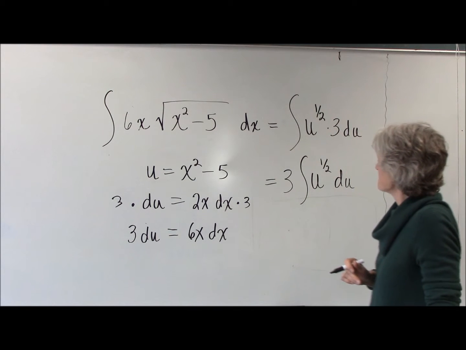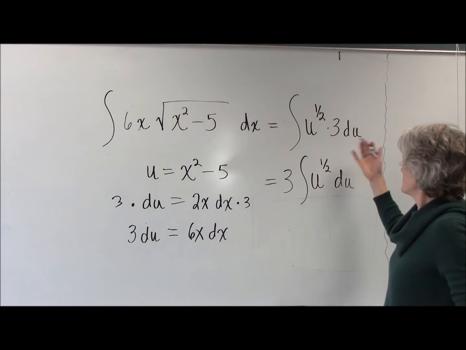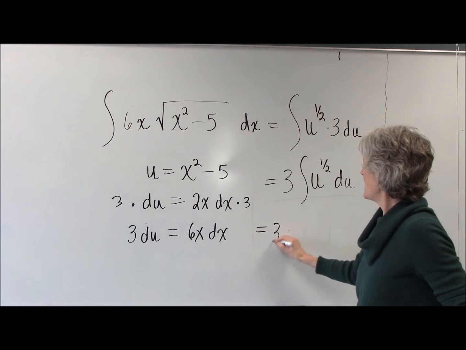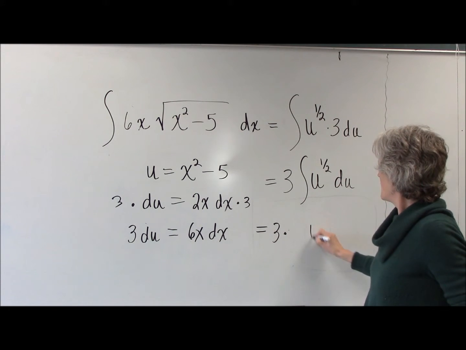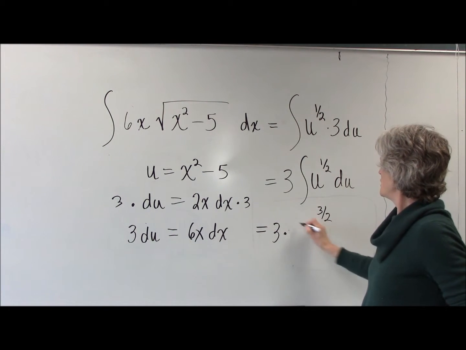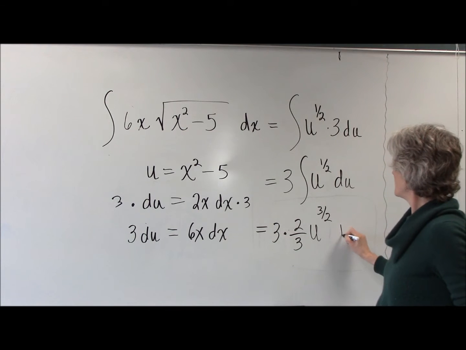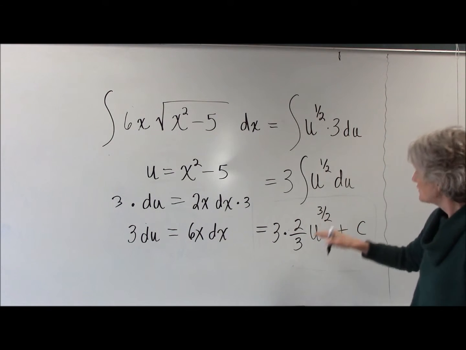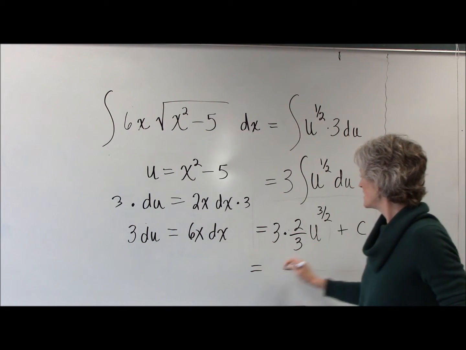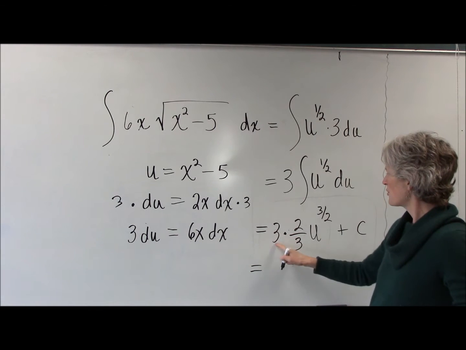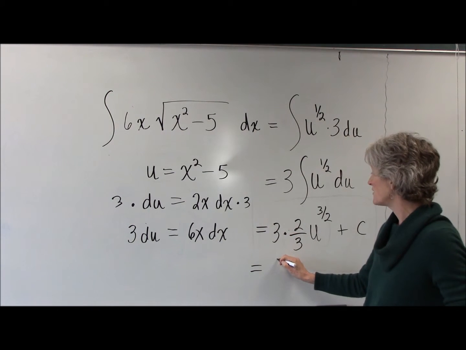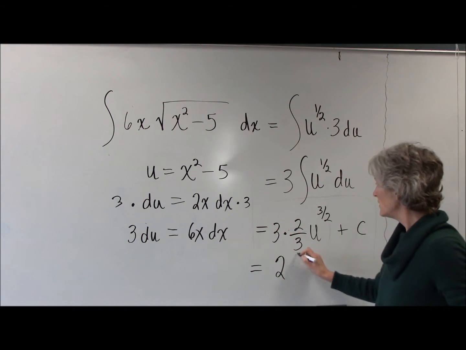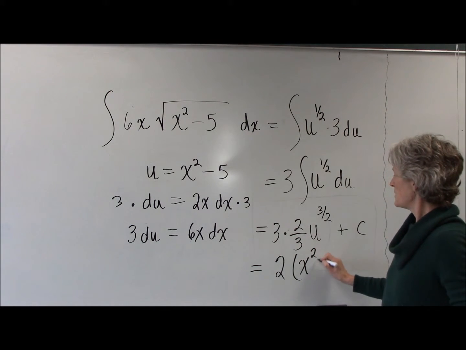And then add 1, divide. There you go. So 3 is hanging out, times, boom, boom, boom, just as we did before, plus c. Same step as before, I'm going to substitute in my u. 3 times 2/3 now gives me a nice 2. And I'm substituting in my u